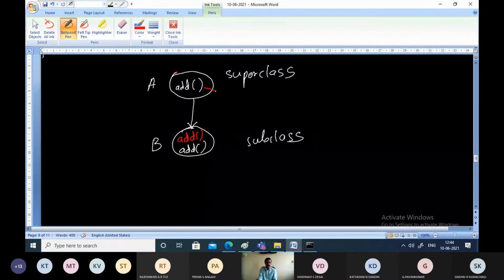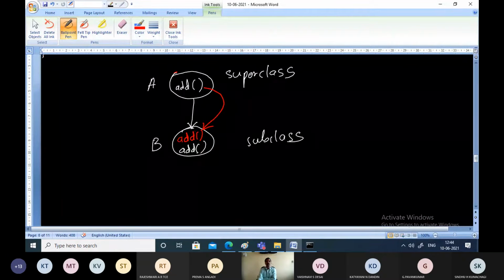This is the method which is inherited from the superclass. Now there are two versions. One version is inherited from the superclass, and one version is present in the subclass itself.